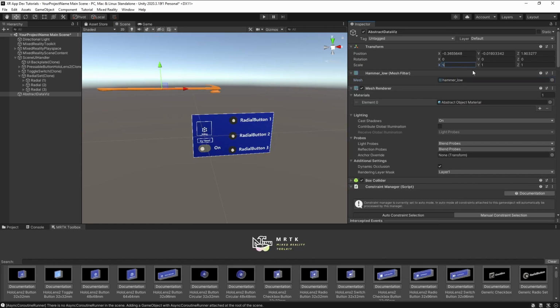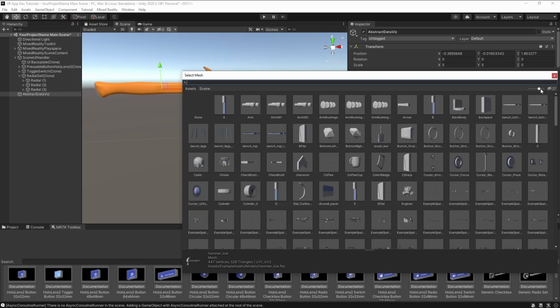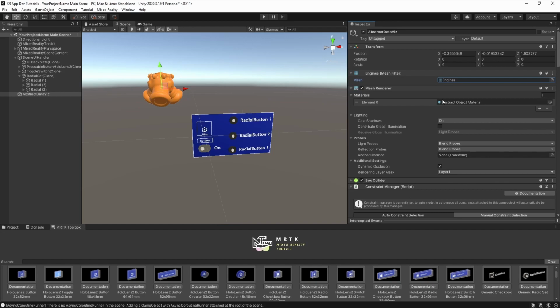And what's some good scale for it? Let's put our scale for that as 5, 5, 5. And for our third, let's go to engines and maybe a nice 10, 10, 10 will look good. Sure. All right, so let's just revert this back to cube